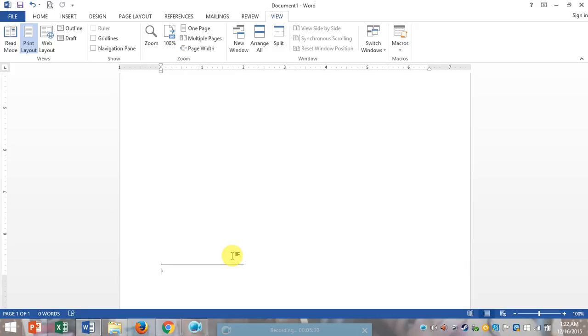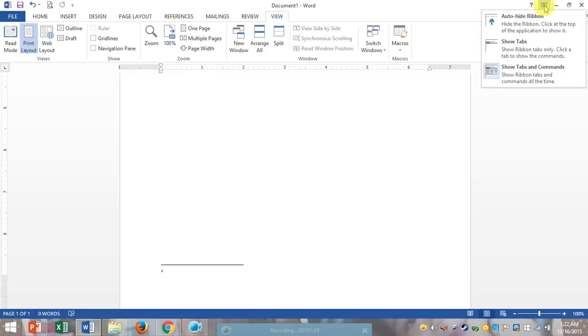This is the Ribbon Display Options arrow in the upper right corner of the ribbon. As you can see, auto-hide, show tabs and commands. Select the desired minimizing option from the drop-down menu.